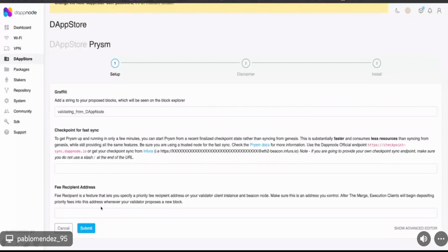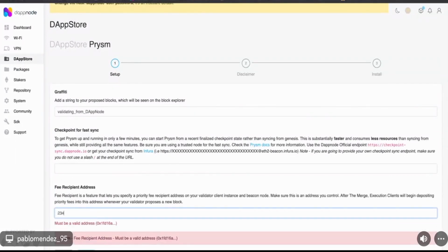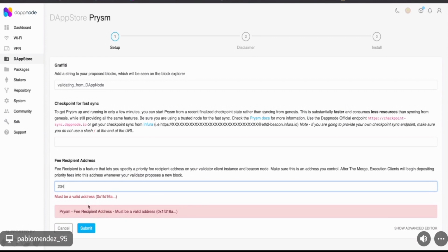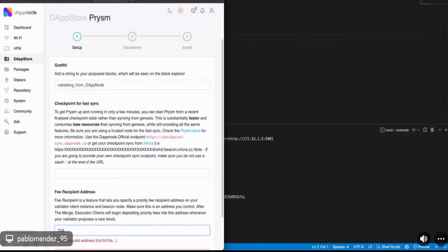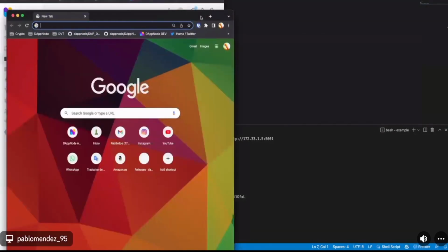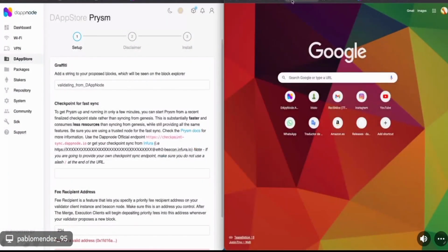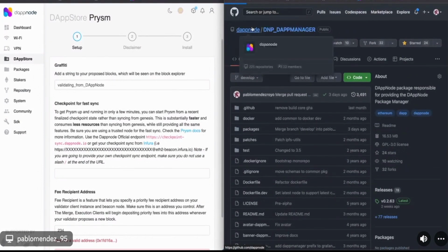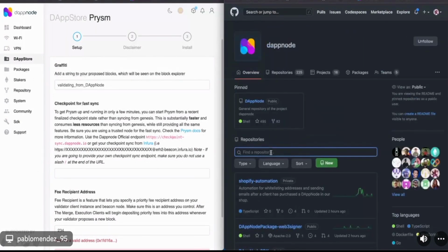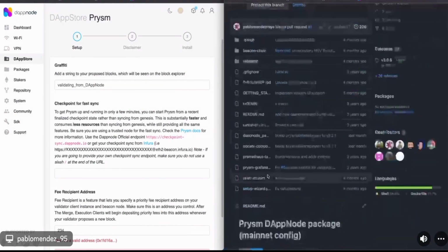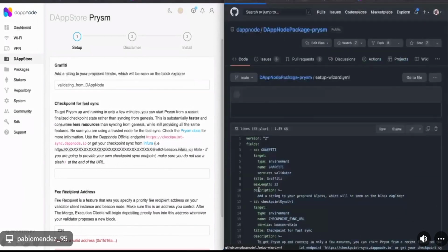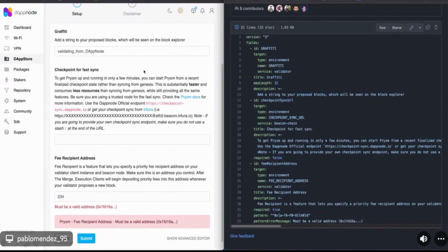So here, you see, let me open the code of this setup wizard in another tab at the same time, so you can know what I'm talking about. If I go to DAppNode and open the DAppNode Prism repository package, and open here the setup wizard, this thing that you are seeing on the left is the same as the thing that you are seeing on the right.